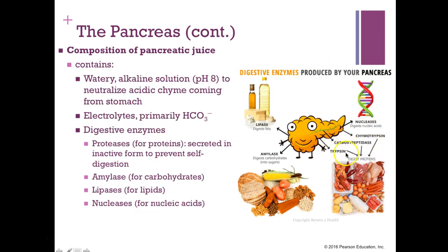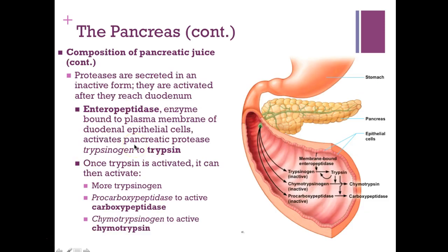Now notice we have these other enzymes here, trypsin, carboxypeptidase, and chymotrypsin. We're going to talk about this in just a moment, but this is assisting us in breaking down our proteins. They're grouped as proteases. And here they are. So we said they're secreted from the pancreas in an inactive form, and they're going to be activated once they reach the duodenum. So our enteropeptidase is an enzyme that is bound to the plasma membrane of the duodenal epithelial cells, and that is going to activate pancreatic protease